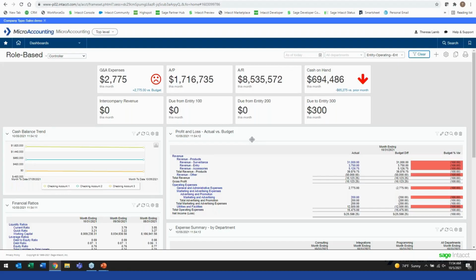And likewise on your reports, we try to build those out using that functionality to automatically expand columns or run reports by individual locations, so that when you run those reports, you don't have to go in and do a lot of maintenance to add new companies to the report. It's going to automatically pick those up and just give you that data as well. So we really try to leverage all of the functionality that Intacct offers to make your jobs much easier